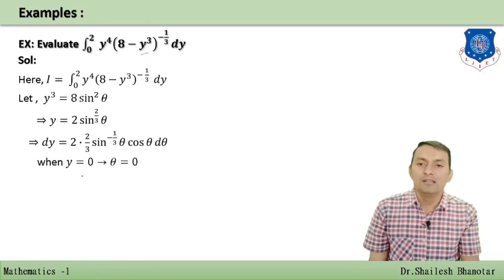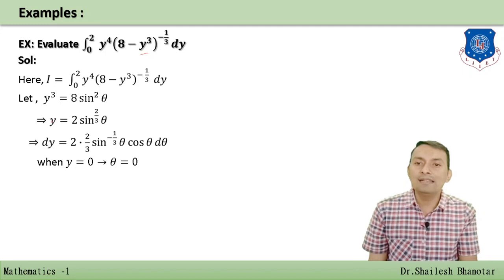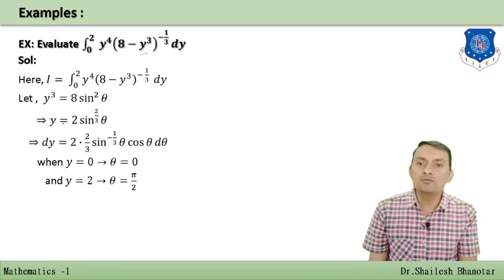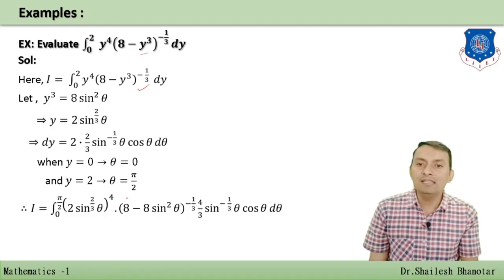But when we put y equal to 0, for what choice of theta will it be 0? We can say theta is equal to 0. And y is equal to 2, so 2 will be eliminated, and for what choice of theta will it be 1? We can say theta is equal to pi by 2, so sine pi by 2 will be 1. So we will transform the given improper integral, which will be from 0 to pi by 2, and